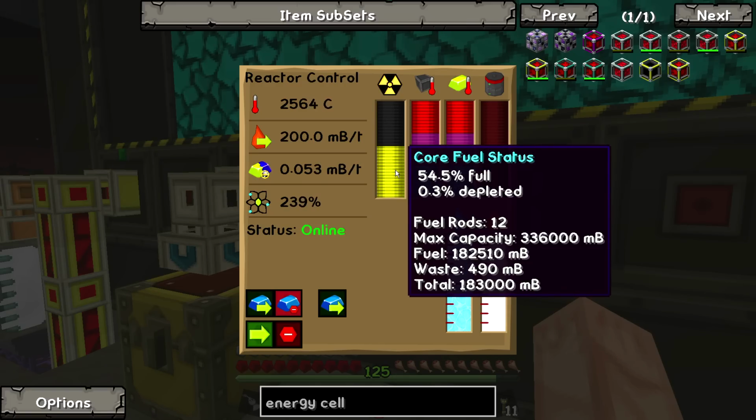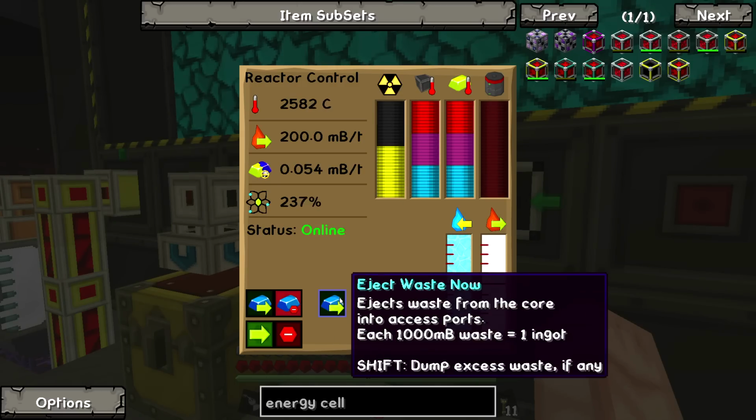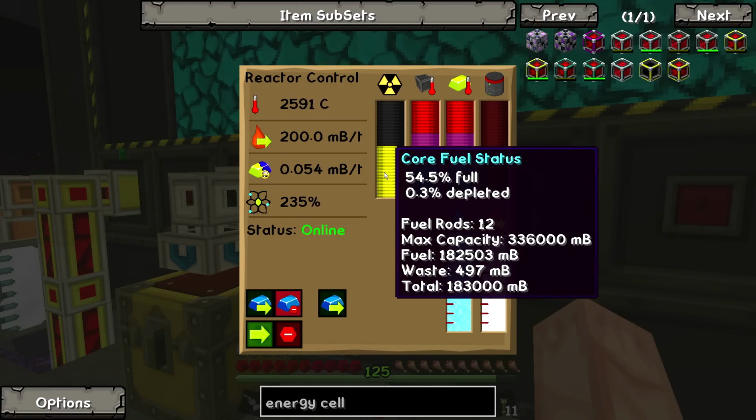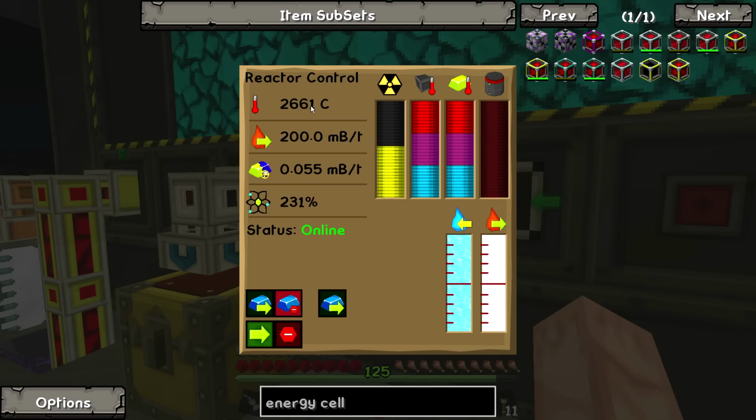Here we go. This is the problem: we need the cyanite, the waste from the reactor, in order to make the components for the turbine to make the power, but it produces waste so slowly that it's going to take a long time before we have it. We're also burning fuel very, very slowly, so this thing can go for a very long time, and the temperature is still going up. But that's basically,